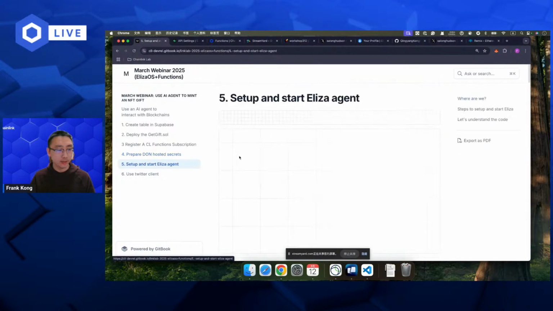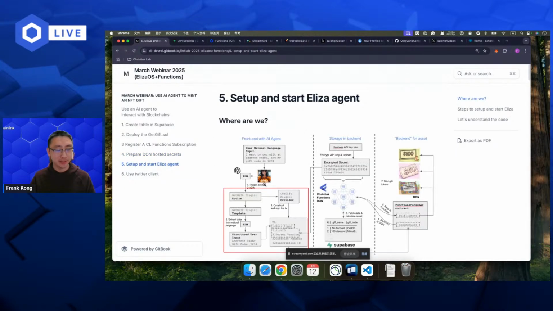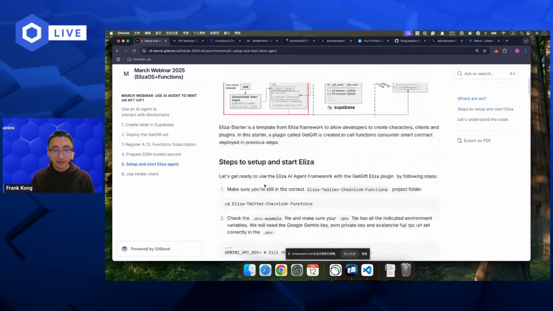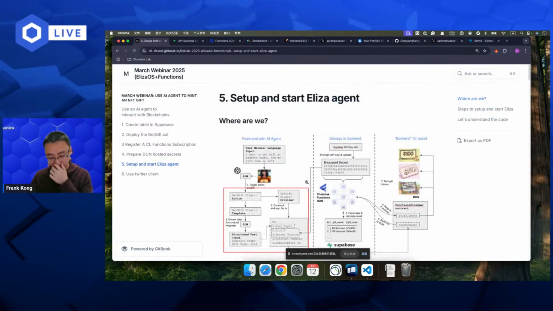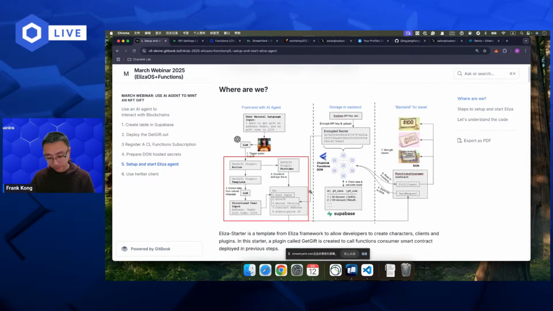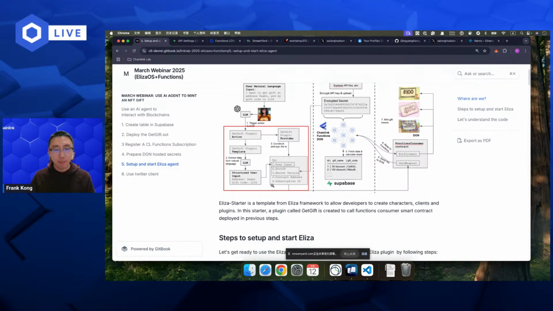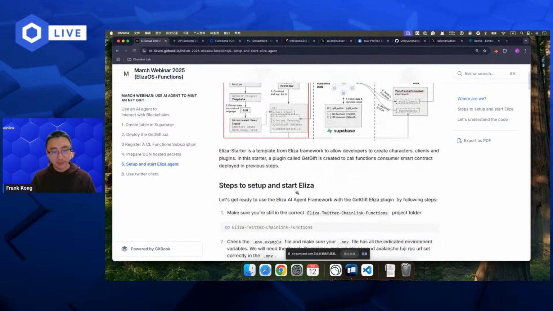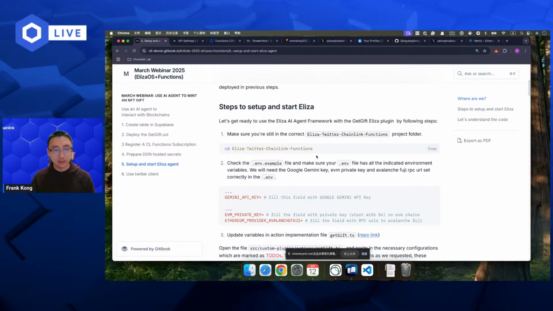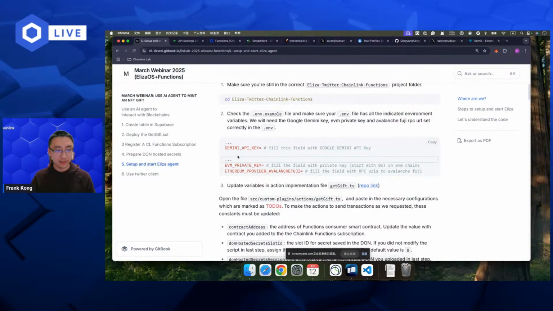And now let's set up our start Eliza agent. Okay, so this is a very important step, and we're almost done here. And here we are going to combine all of the stuff we did before together by setting up the AI agent with Eliza. So first one is to go to this directory we already did in there, and the second one is to fill in all the environment variables.